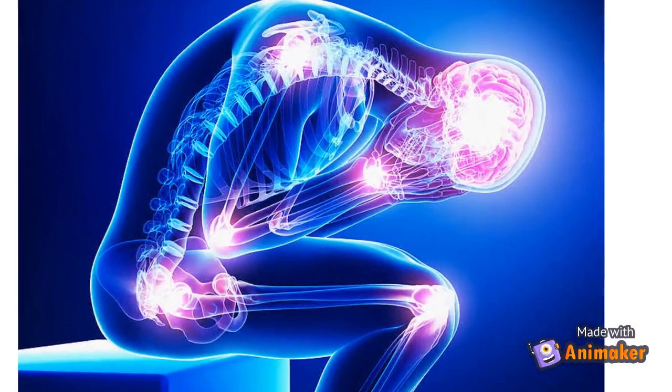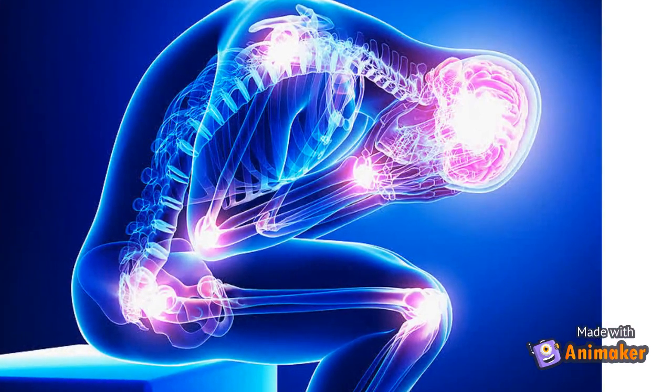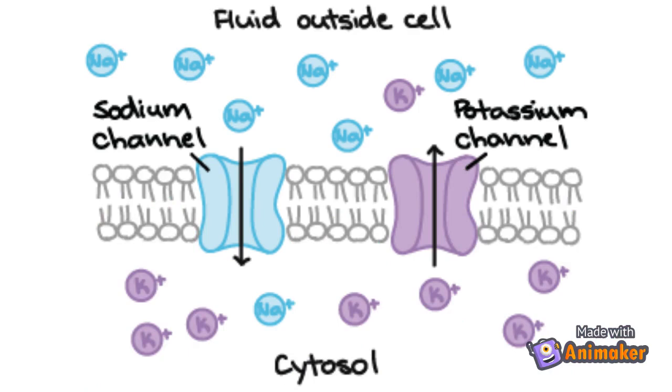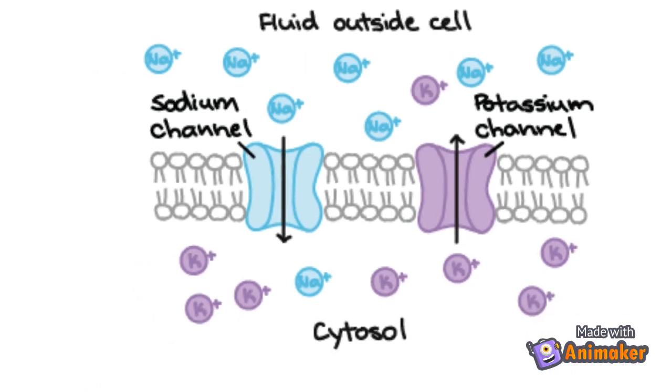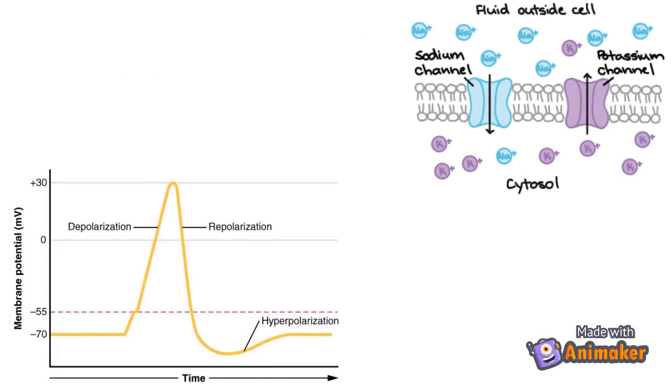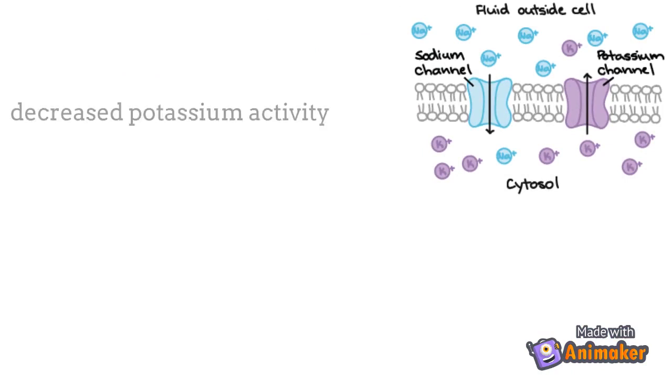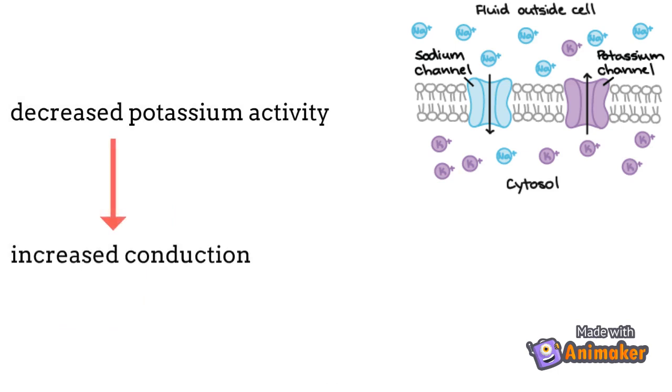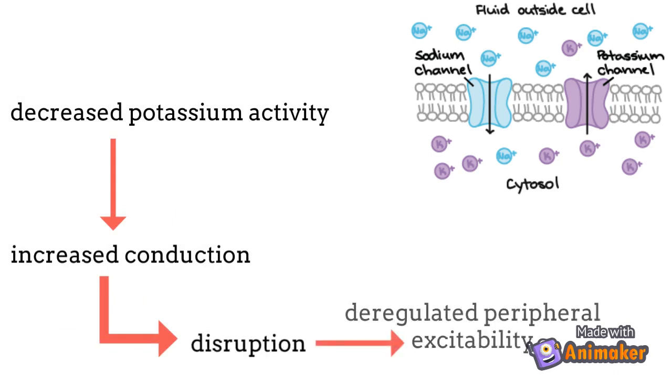Chronic pain itself is associated with abnormal excitability of the somatosensory system, which is tightly regulated by potassium channels. Opening of potassium channels repolarizes or hyperpolarizes the neuronal membrane, which can limit action potential and firing rate. Pain is caused by decreased potassium activity, which in turn will cause increased conduction across the axon. This will lead to disruption of the stimulation, leading to deregulated peripheral excitability, which in turn results in pathological pain